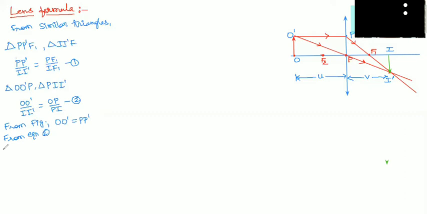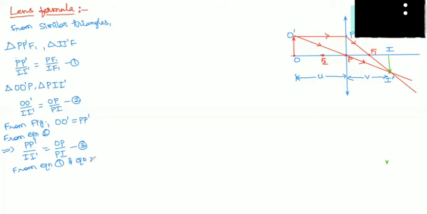So it implies, so what do we get? In place of O', I'm substituting PP'. P'P' by II' is equal to OP by PI, we will get. Now, so equation 3 we got. This we are calling equation 3. From equation 1 and equation 3,